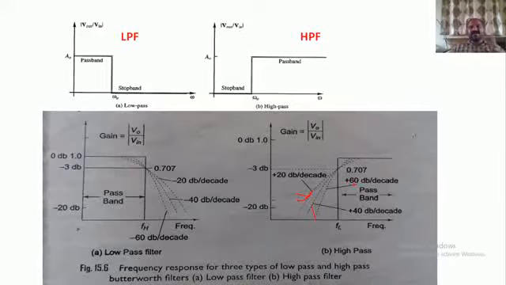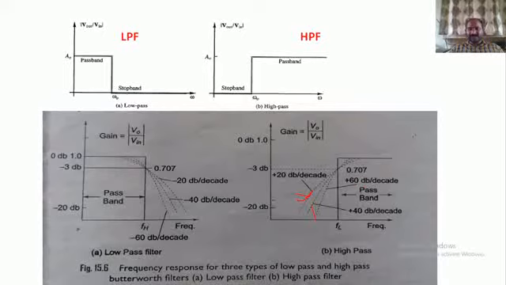In terms of control systems, it means adding one more pole. That is the concept actually. For every one pole, we have a 20 decibel decay. If we have two poles, it is a 40 decibel decay. If we have three poles, it is a 60 decibel per decade decay. So it is indicating that.